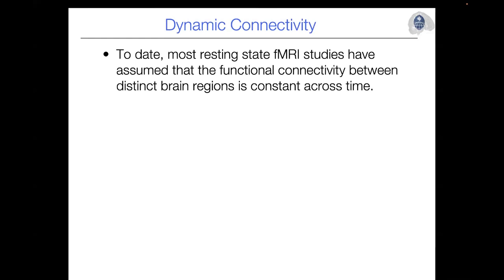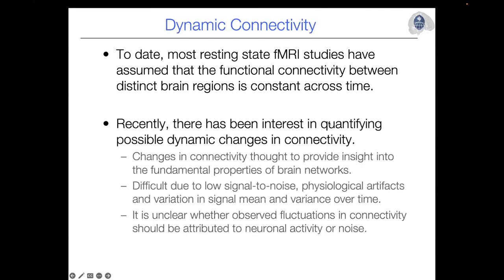your brain is wandering. So chances are that as your brain is wandering like that, different brain regions are communicating with each other. A lot of the methods that we talked about before assumed that the correlation between this brain region and that brain region is constant across the whole 10 minutes you're in the scanner. But a lot of studies have shown that that's not the case, that maybe these two brain regions are communicating for 1 minute, and then later on this brain region is communicating with a different brain region. And so that's led to dynamic connectivity, where you try to look for changes in brain activation